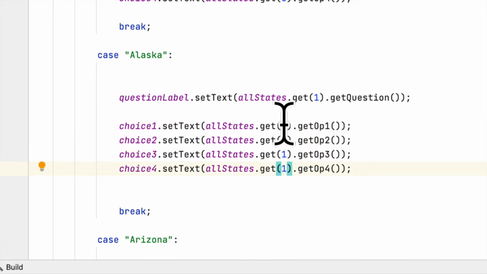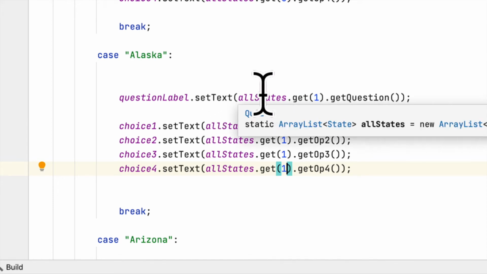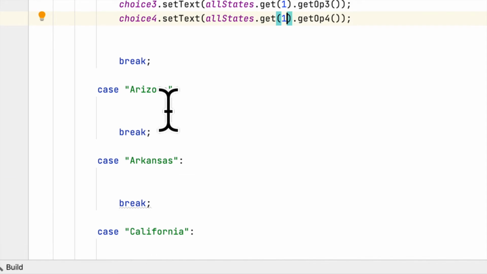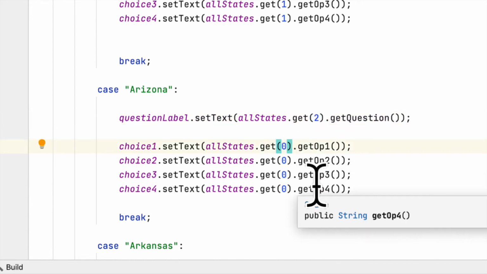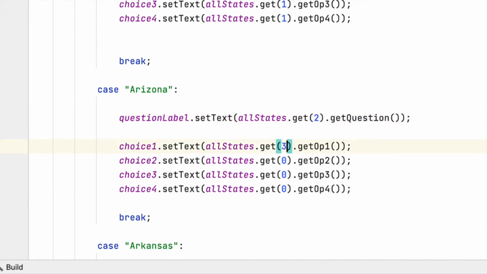And the reason we are saying 1 is because Alaska is the second element of the array that we created. The first element would be 0, which would be Alabama. The second would be 1, which would be Alaska. The third would be 2 in the array, and third, we'll say 2,